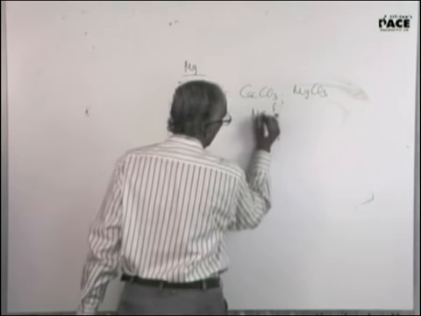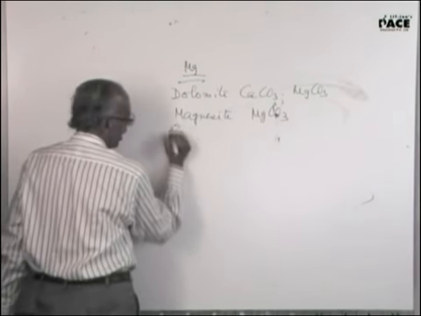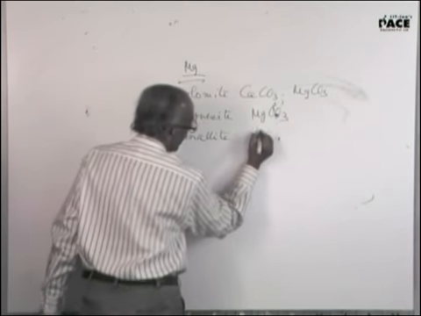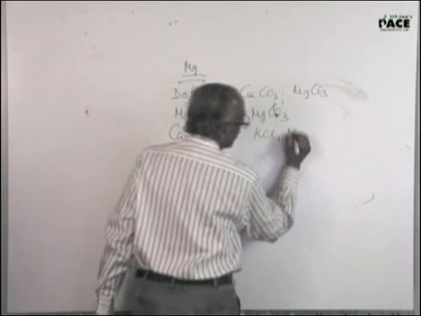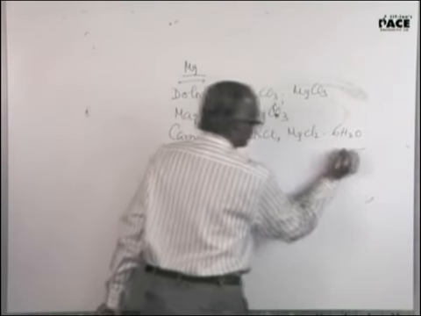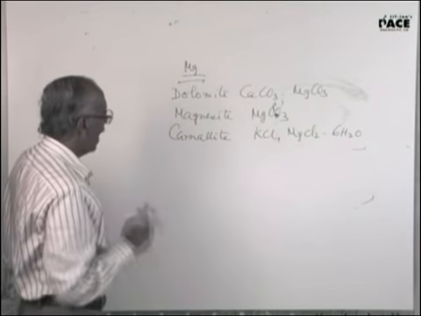That is magnesium carbonate. Carnallite, that is KCl, magnesium chloride, 6 water. And